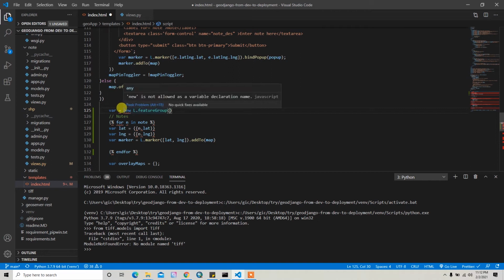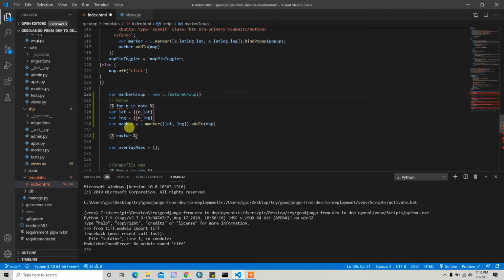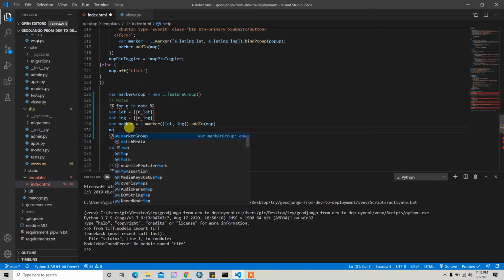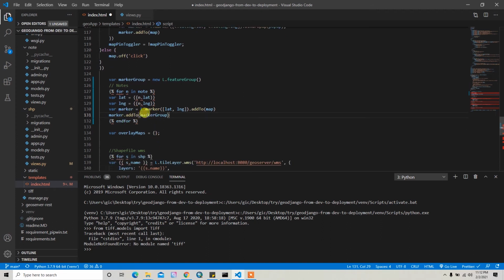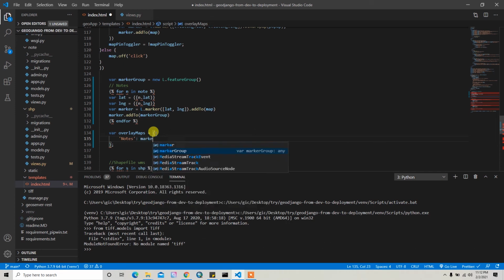So var marker group equal to new L dot feature group, and then I can pass this marker to marker dot add to, so I can add this marker to the feature group. After adding this marker to the feature group, I can just pass the nodes, and then I can pass the marker group variable here.